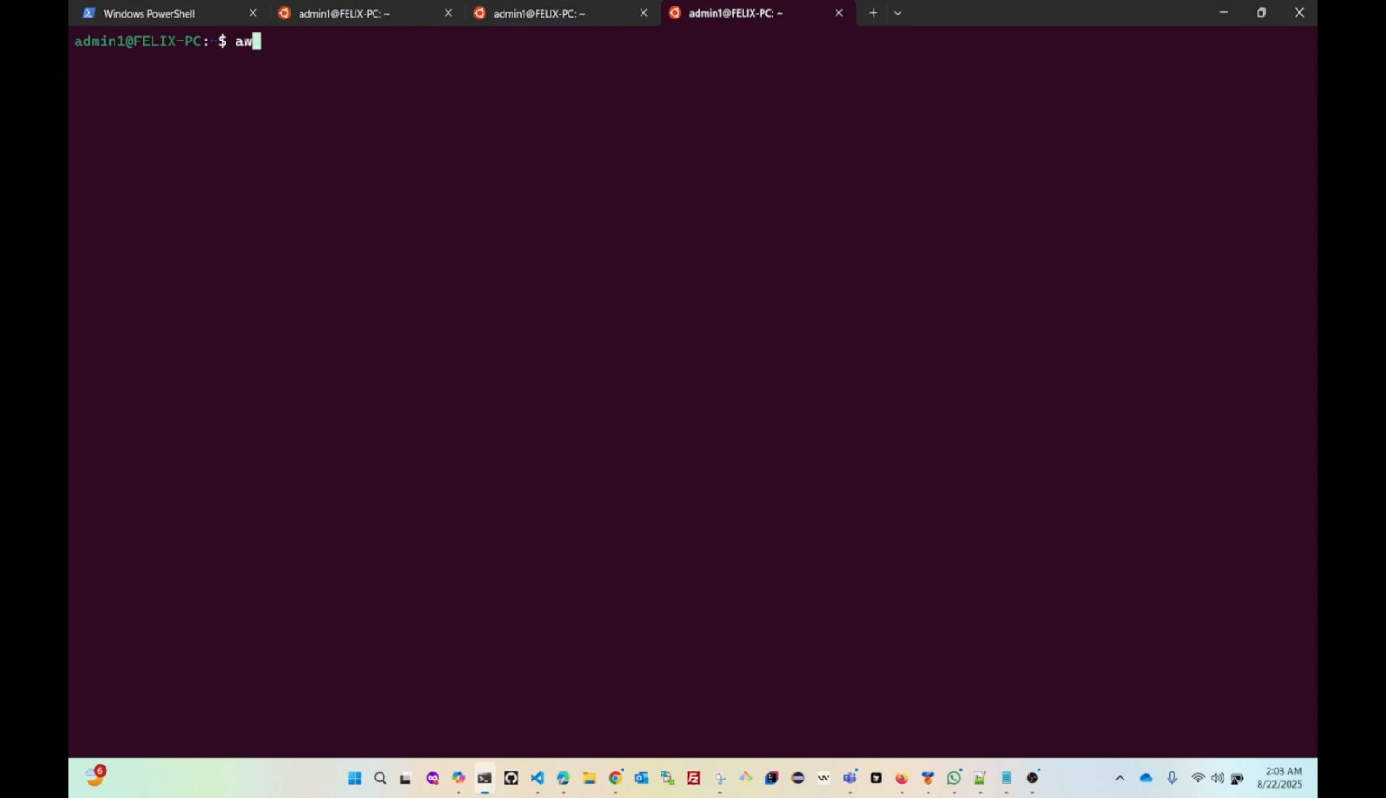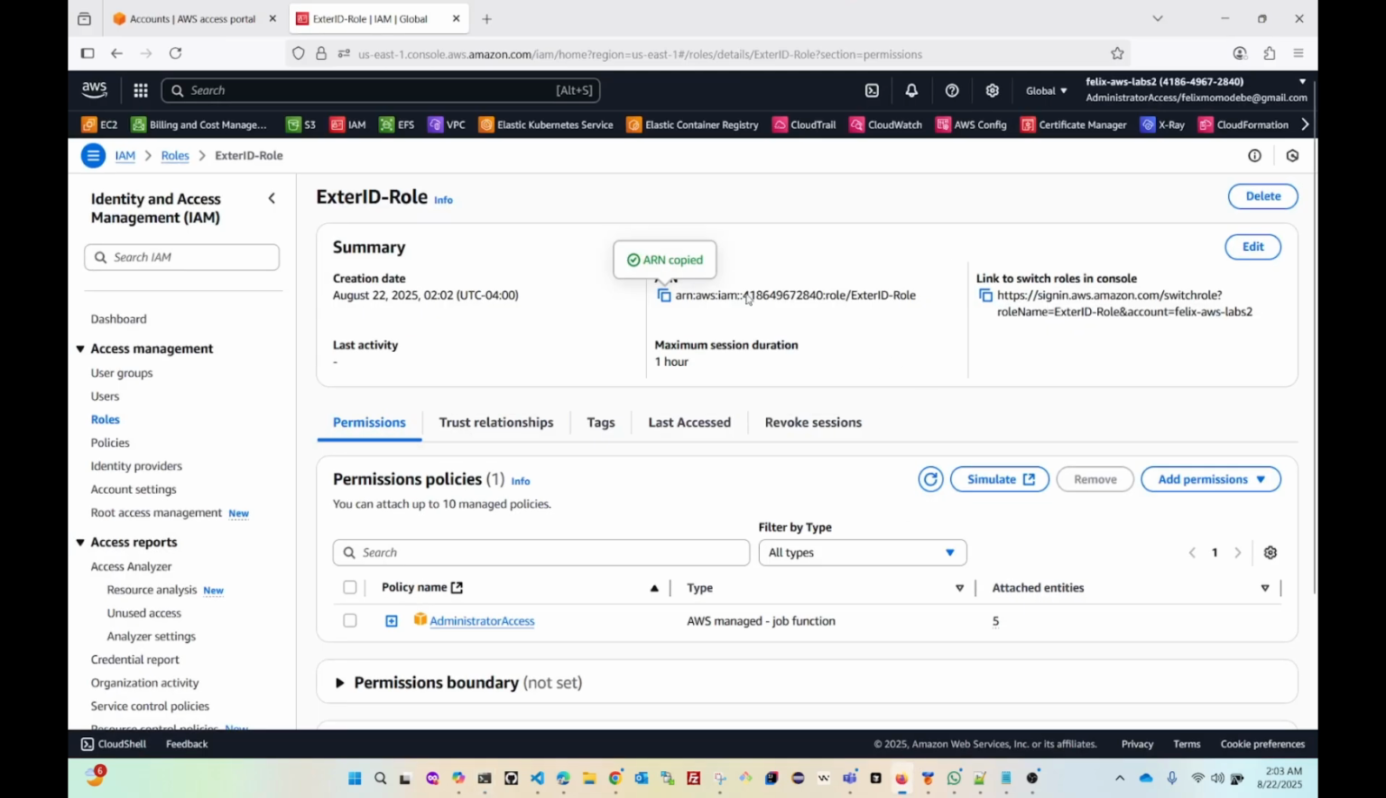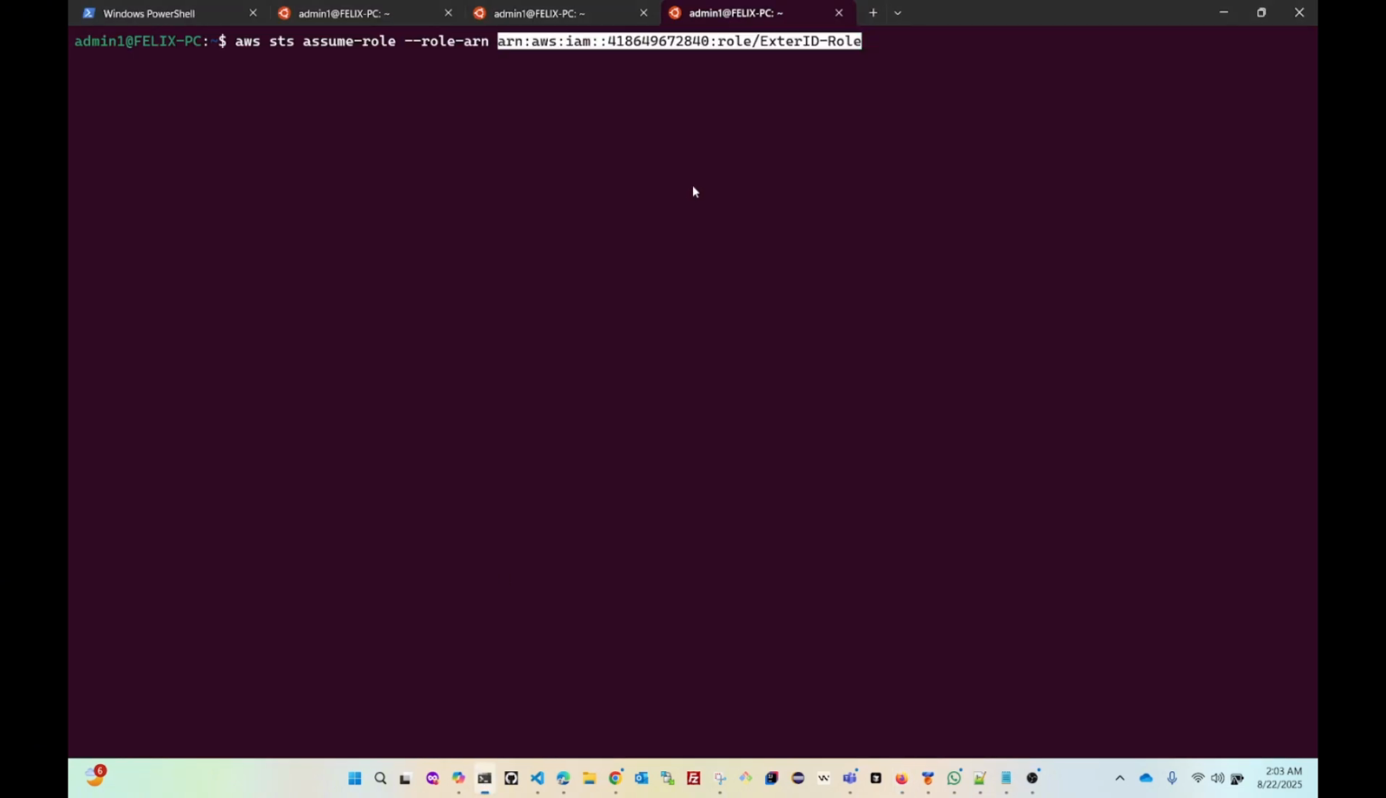role. And the command is AWS assume role, then the role ARN, and that is what I just copied from here. This is the role ARN. So I copy it once again. I move over here. I paste that, and after that, you're going to add